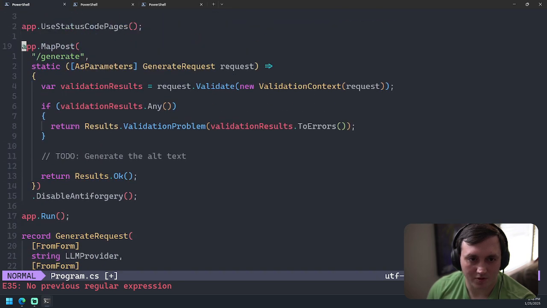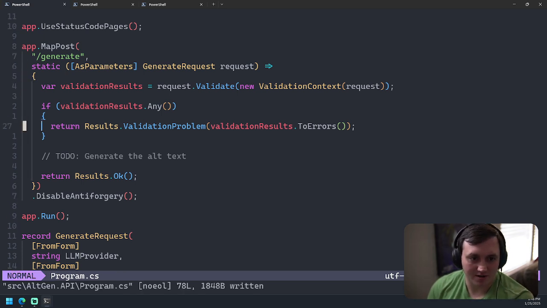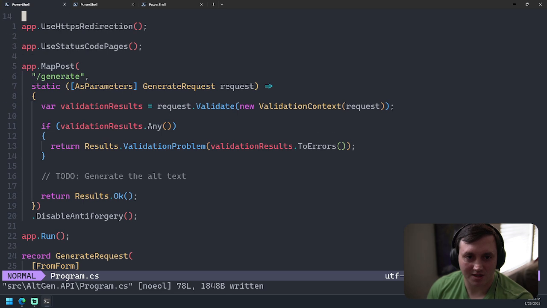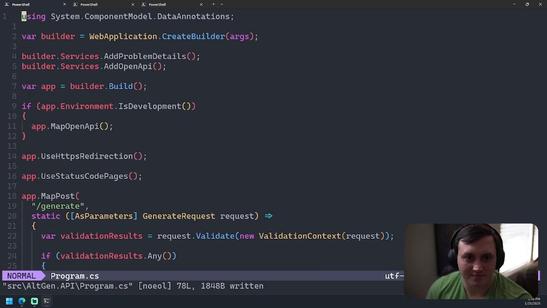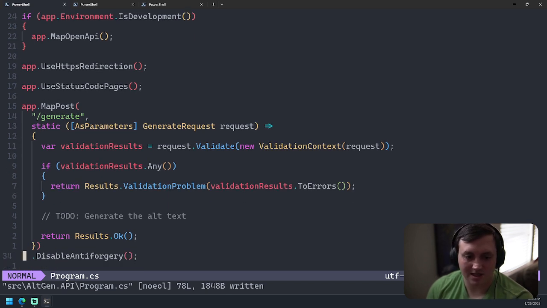Okay, cool. So that's all we have time for today. I'm sorry it took me so long to figure out my whole validation logic problem, but we got it figured out. And now we have some tests. Next time we'll come back, we'll work on this some more, and we'll actually get to some of the fun bits and get some alt text generated.